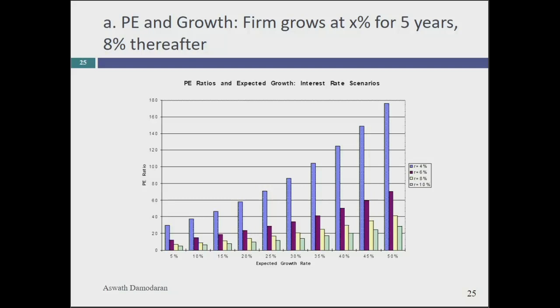Sorry. You know what this graph says? The effect of earnings surprises in today's market will be greater than they were 10 years ago, 20 years ago. Why? Because T-bond rates are only 2.4%. We're in a low interest rate environment. Surprises about growth are going to translate into much bigger effects on PE ratios. So when you see stocks jump on earnings surprises, part of the reason for that is we're in a low